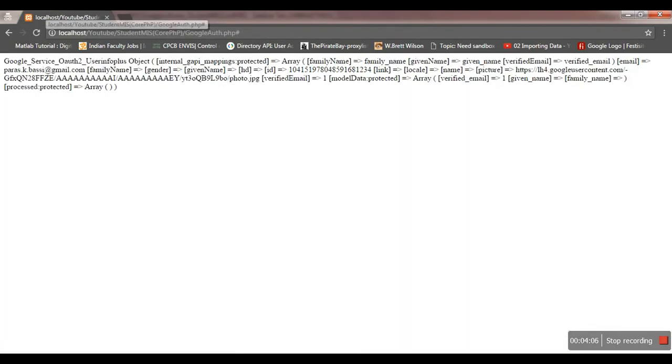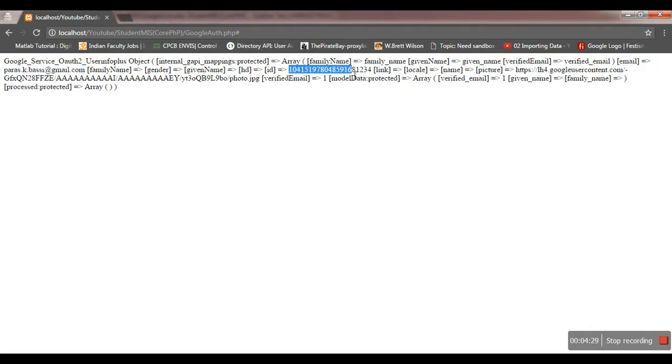So I've been redirected back to the Google auth.php page, if you can see, right? And this is what print underscore r is providing us. If you see, it looks a bit rusty over here, but there is a key as email, and it is receiving my email ID.